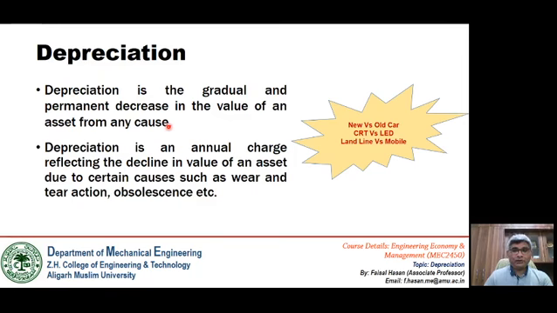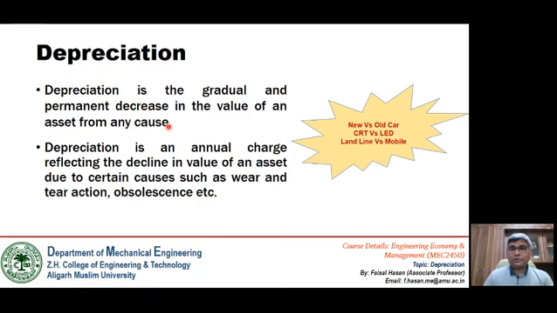Similarly, if we compare the cost of mobile phones, nowadays it is an era of mobile phones, so landline phones are not preferred because they are not technologically advanced or technologically required as compared to mobile phones. So an old landline phone set will not fetch the same cost as that of a used